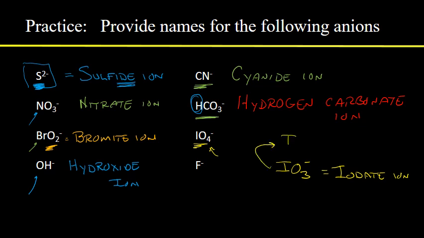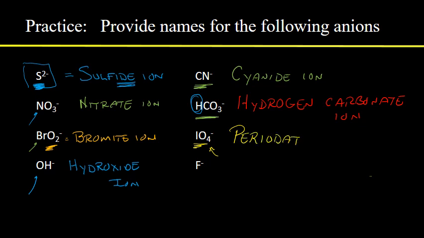So if we go up 1 step in that table by adding 1 oxygen, then we add the prefix per- to the name of the ion. Since we're going up 1 step in the table, we keep the -ate suffix, but we add the per- prefix. So this becomes periodate